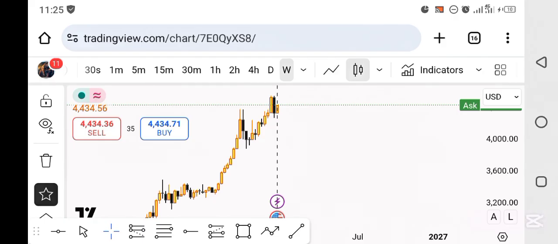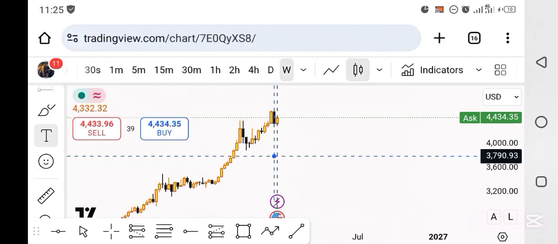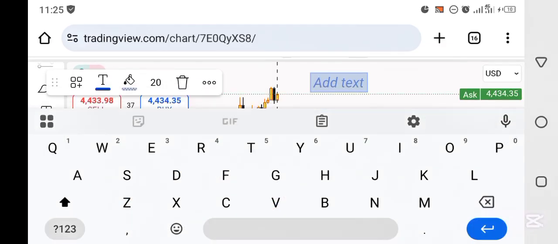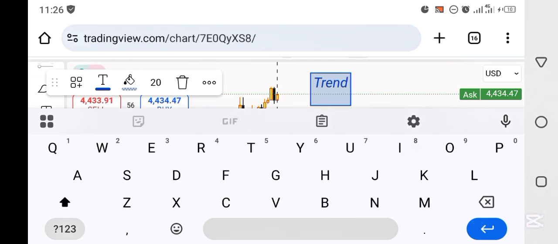This is my strategy. I look out for the trend of the market, that's the structure of the market, and let's write out the things I look out for when trading this strategy. One, you have to look out for trend. Two, you have to look out for